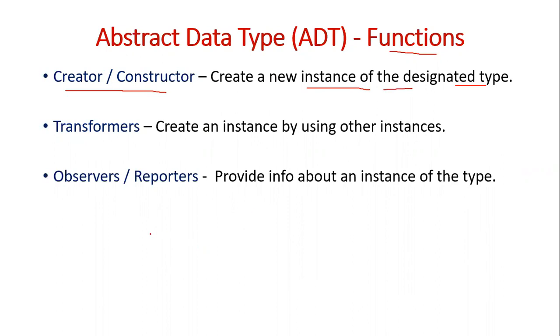So for example, the stack we discussed. If you want to create an instance of a stack, in a typical programming language you may have to write it like this: stack s. What does it mean? s is an object, an instance, or a variable of type stack. When you say int a, what does it mean? a is an object or a variable of type int. So that is a new instance. a is an instance of type int.